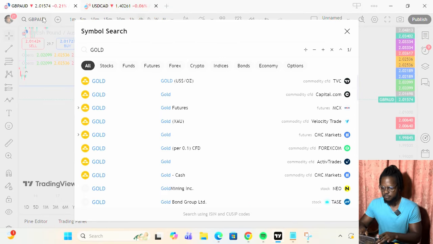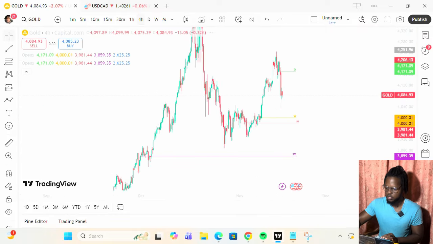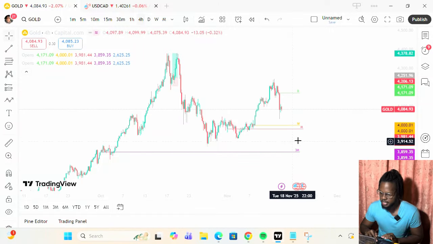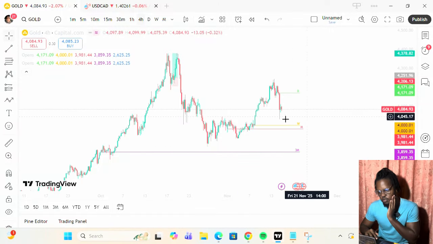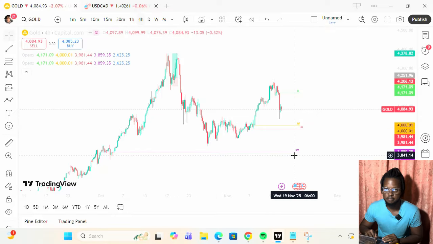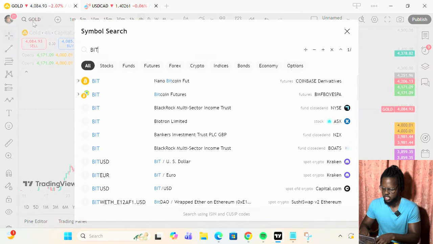Lastly, gold. Gold making a pullback, looking good for potential longs to cut some liquidity. Probably from the monthly open, I'll look for some longs. I also like this demand zone over here. We have the 3-monthly open right beneath it. So look good for some longs, probably some intraday setups, which I will update you guys in the chat.